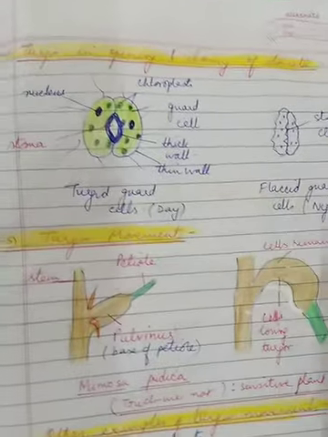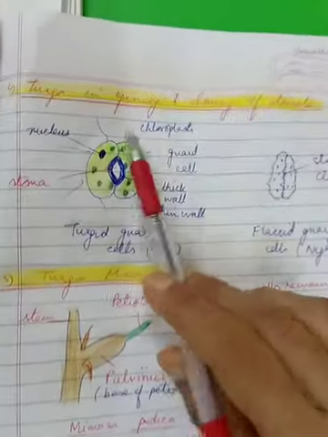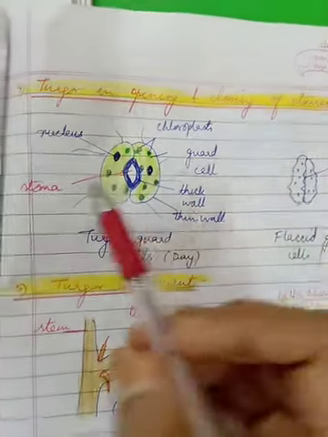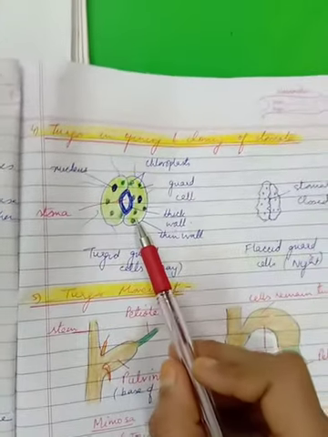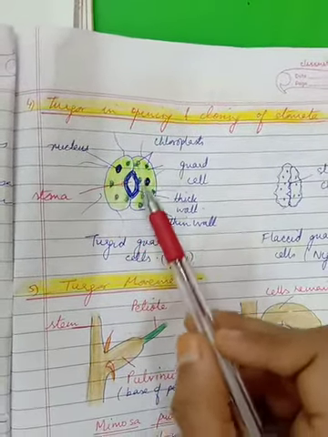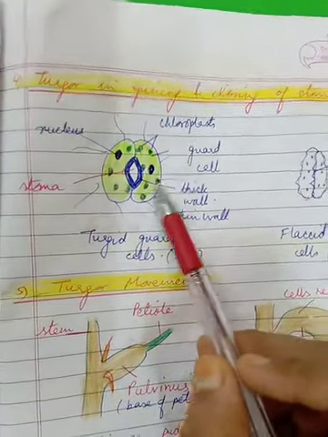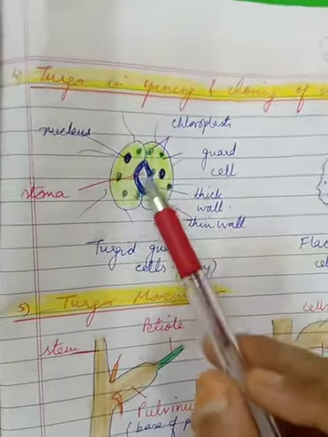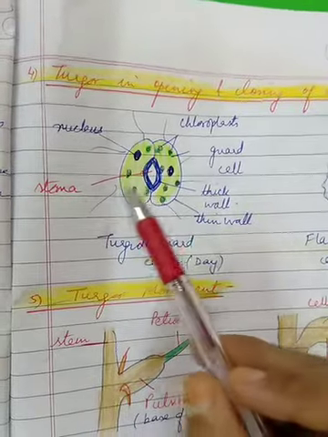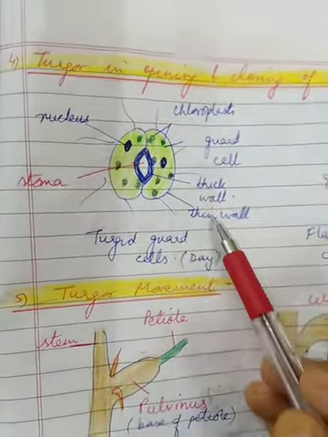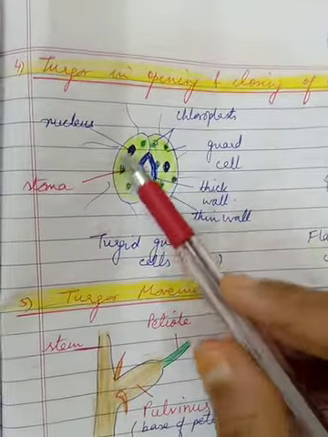Coming to the fourth, turgidity or turgor is important for the opening and closing of stomata. Stomatal opening depends on the turgidity of these bean-shaped or kidney-shaped guard cells. Each guard cell has a nucleus, as you can see, a thick inner wall surrounding the stomatal opening, also called the stoma, a thin outer wall, and many chloroplasts.